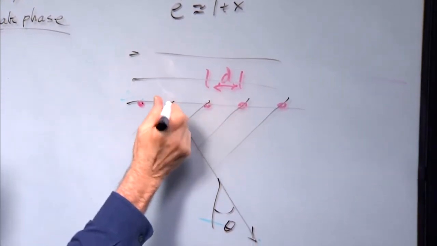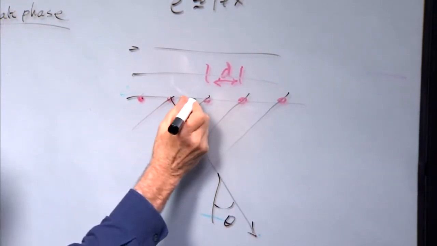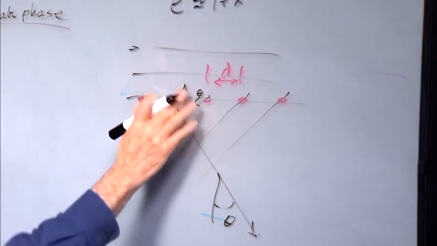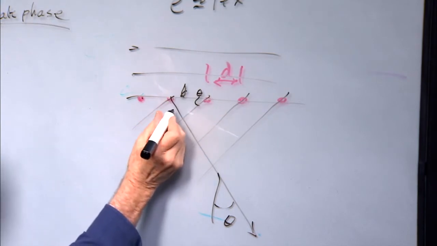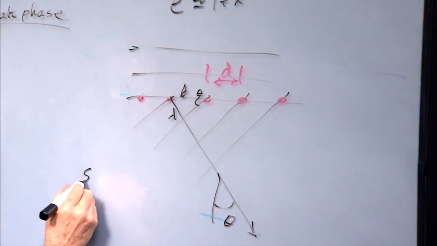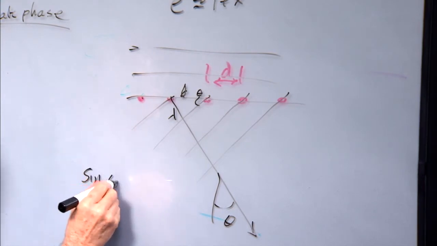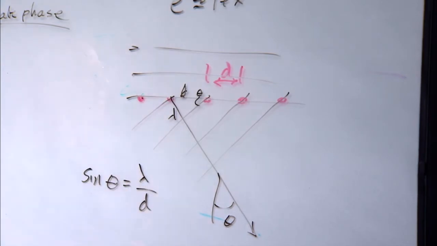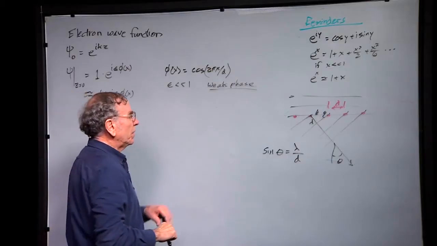You can calculate what theta is because here is the angle theta. This part of this triangle is d, and this part of this triangle is lambda, the wavelength. And so we have Bragg's formula: sine theta is equal to lambda over d, the wavelength divided by the periodicity